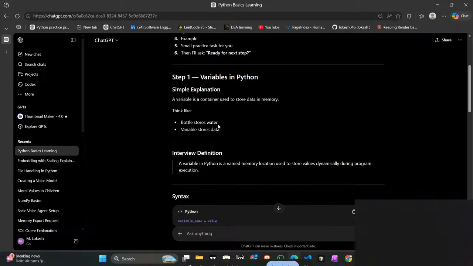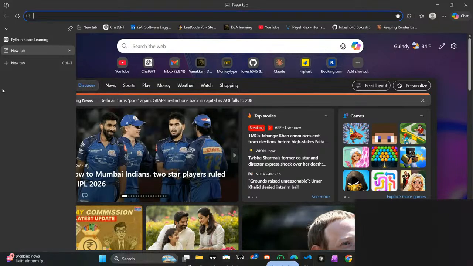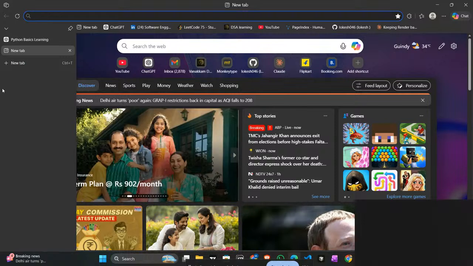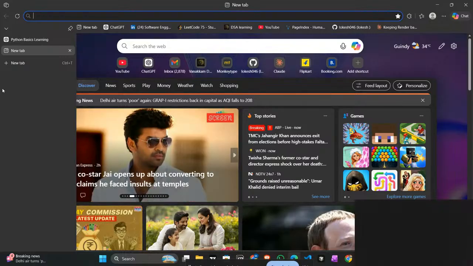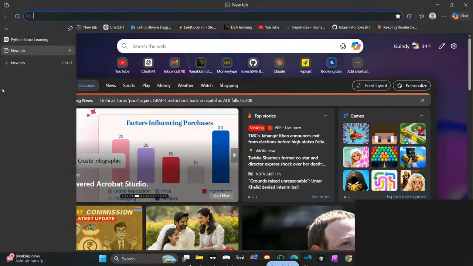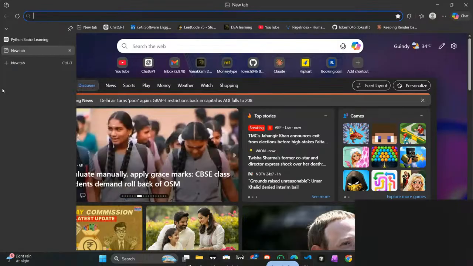Okay, what is a variable in Python? Before that, we want to know what is a programming language. So we do not need the help of ChatGPT to search what is programming. We just use Google for that. First I will tell what programming is in my understanding. After that we'll search and see if it is similar to that or not. If it's similar, let's move on to the next topic. If it's not, let me see what is different between my understanding and the concept they have given.